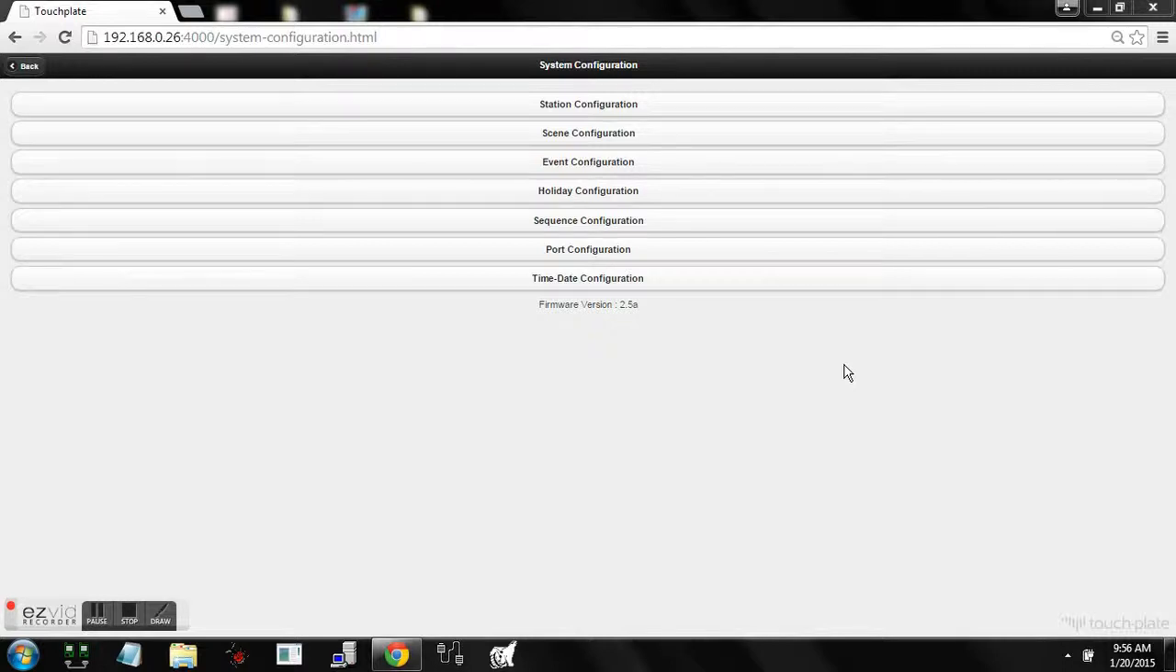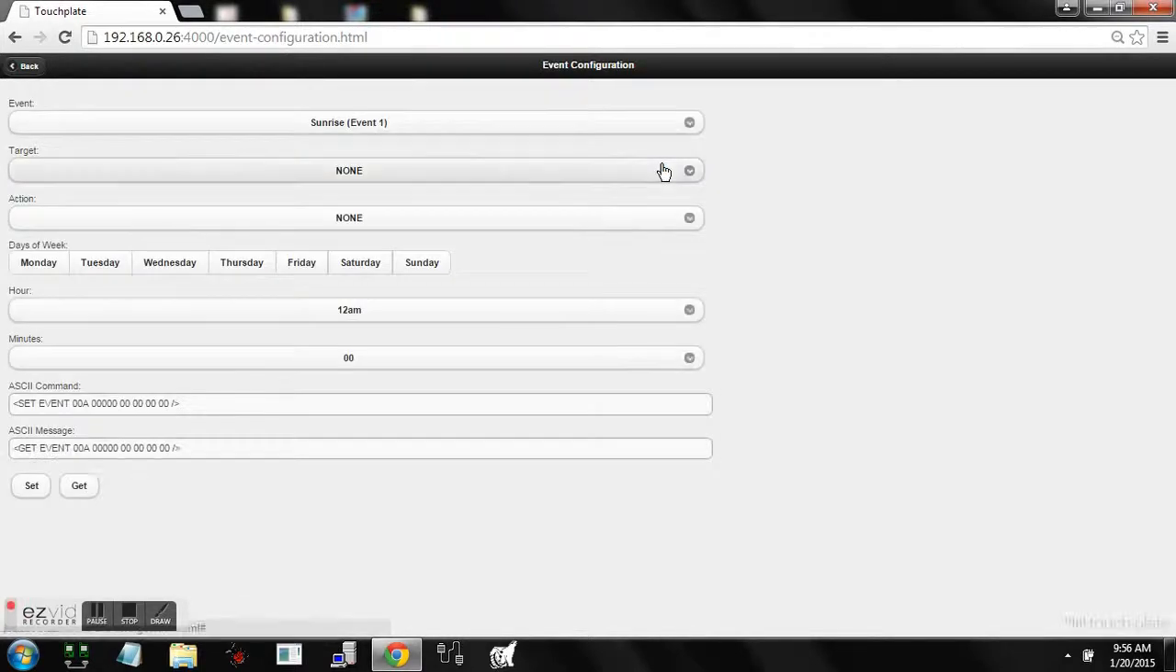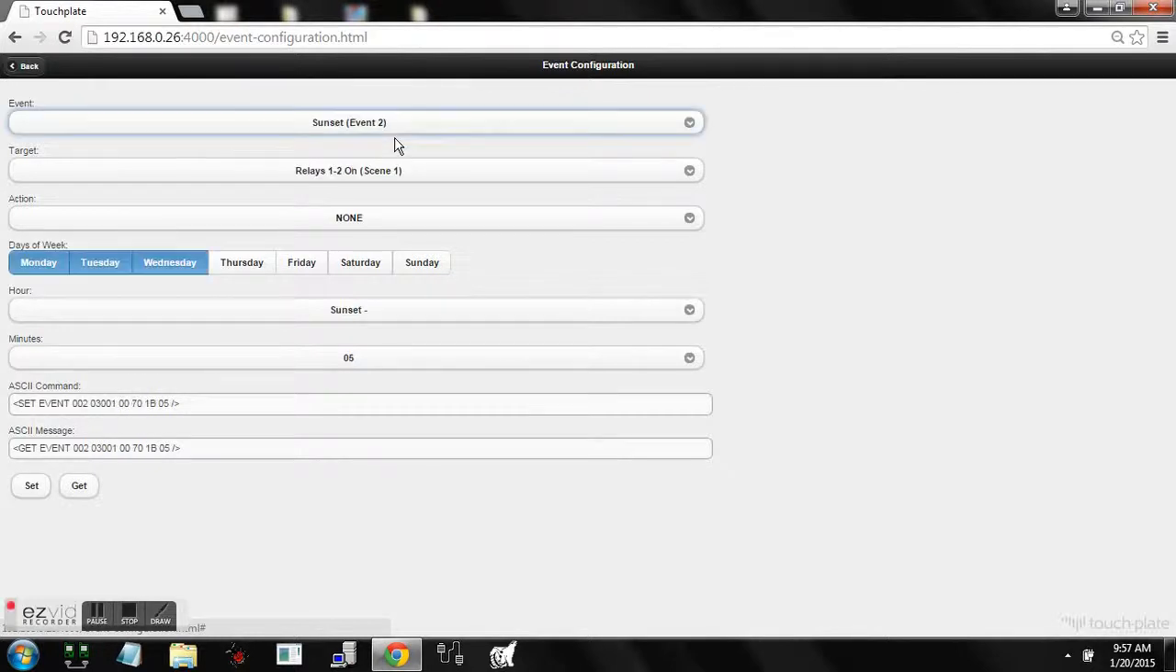Okay, in the event configuration, you can go in and edit any of the events that have been named and programmed. So we can go in and select event number 2. And as you can see, event number 2 has scene number 1 programmed to turn on Monday, Tuesday, and Wednesday at sunset, 5 minutes before sunset. So if we want to edit this,